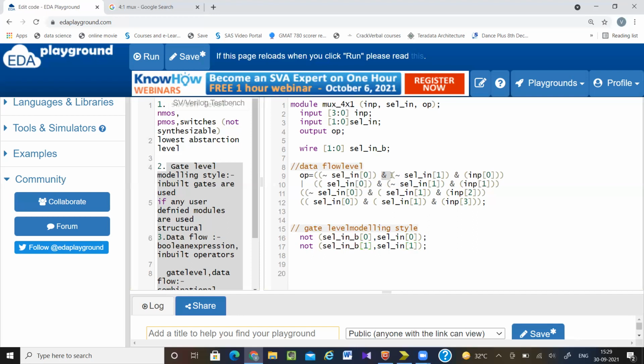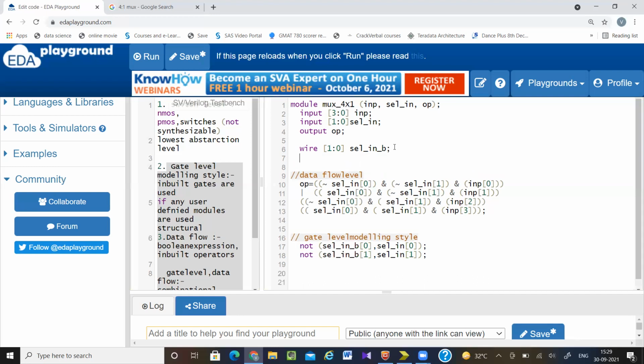Next I have to use the AND gate. Okay. So now this is 1 signal, 2, 3, 4. So here I have to declare 4 different wires. So wire, this is like my AND gate output. So I can write AND output, 3 down to 0, and output.